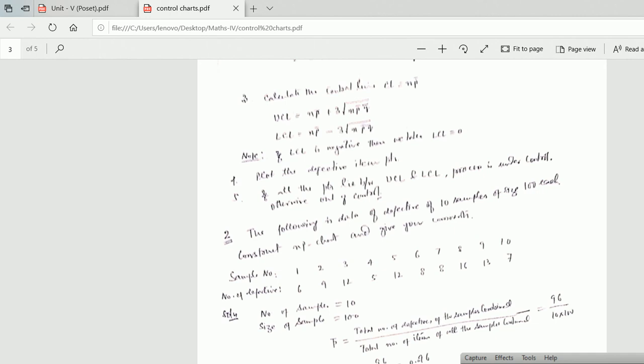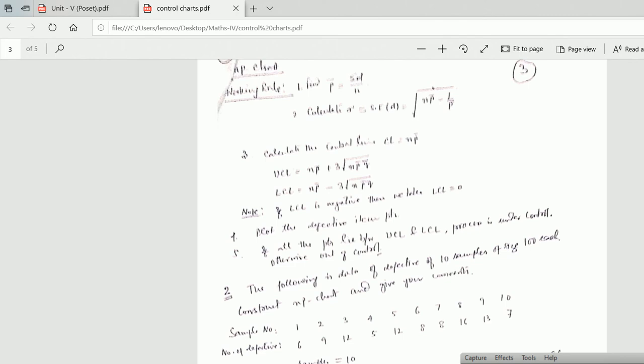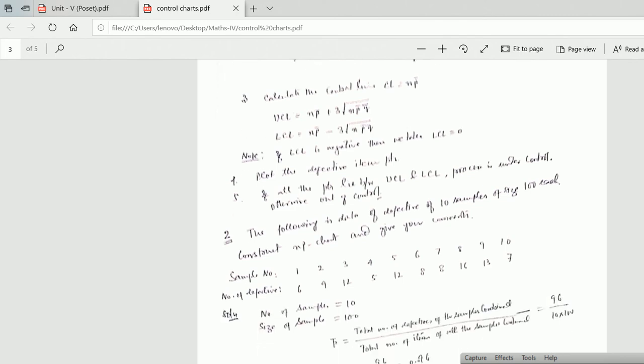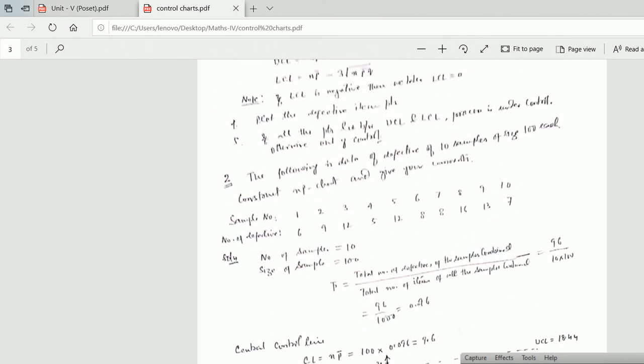Now plot the defective items points. Fifth is, if all the points lie between UCL and LCL, the process is under control, otherwise out of control. This is the process only. This formula you have to remember, then only you can apply the NP chart. See the NP chart in this